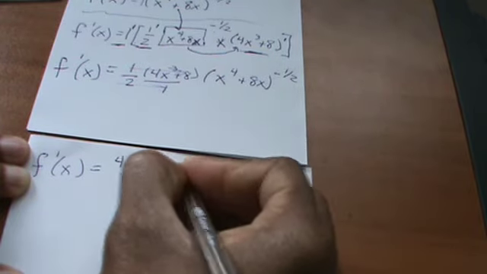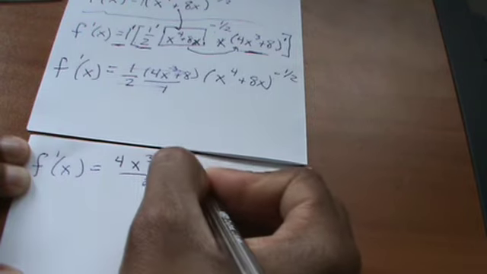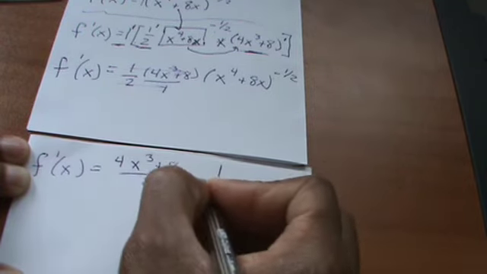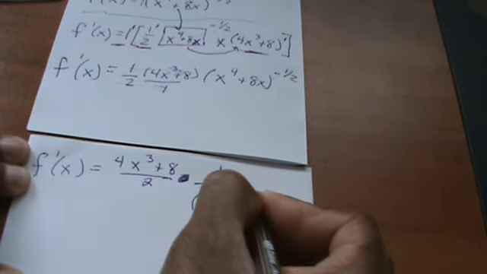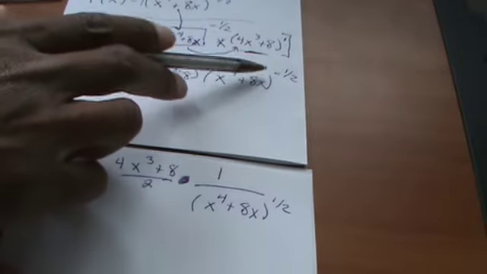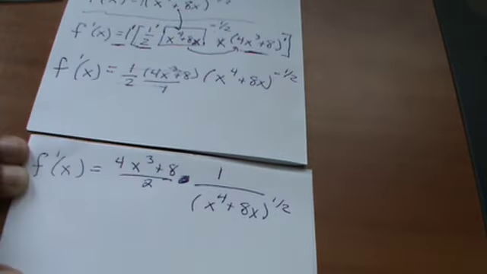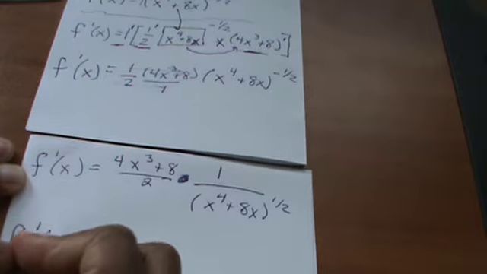So let's do it in steps. Times 1 divided by (x to the 4th plus 8x) to the positive 1/2 power. So that deals with this negative power, right? Shifting to the denominator. So now I have f prime of x